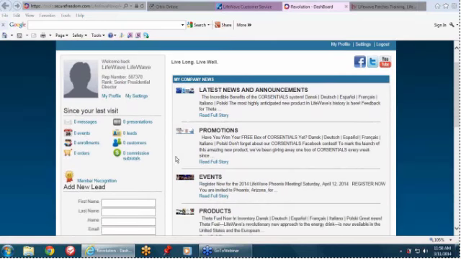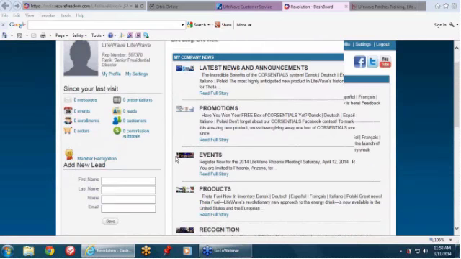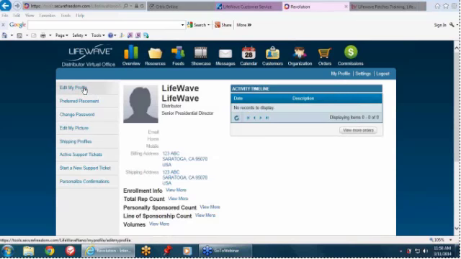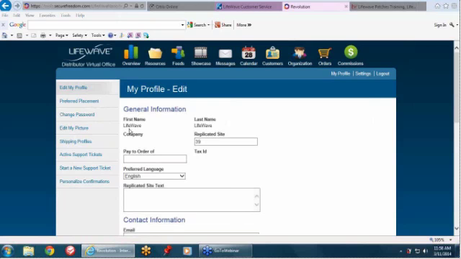And then on the left-hand side, we're going to click Edit My Profile. Your first and last name, company name, that information cannot change. If for some reason you do need to change that information, then you would need to submit a form in the back office. Every distributor who signs up, at least with that $25 fee or above, they do receive a